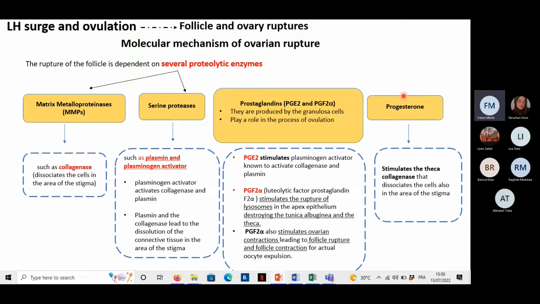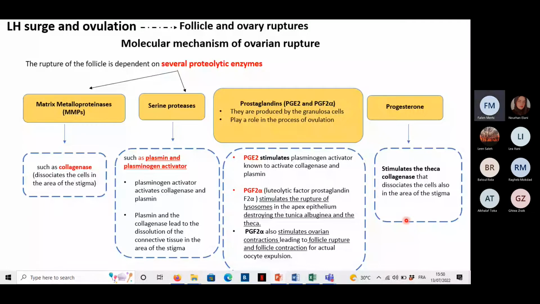We have the progesterone. The progesterone will stimulate the production of collagenase by the theca cells, and this collagenase will lead to the dissociation of the extracellular matrix between the cells in the area of the stigma. Okay, so we have talked mostly about the collagenase and the plasmin, the plasminogen activator and the plasmin that stimulates the digestion